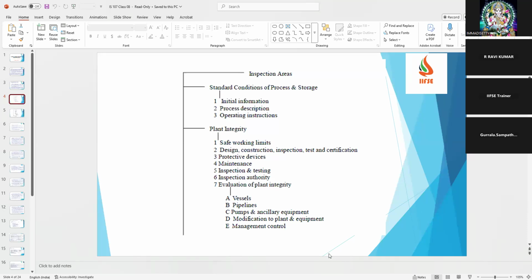Then protective devices to protect the equipment under emergency situations, like safety relief valves or pressure relief valves, NRVs, RFIs, and also secondary containment, in the sense day tanks, which can be unloaded in emergency situations. Then maintenance. This is also a major area where it plays a critical role in the avoidance of accidents. What will be the preventive maintenance